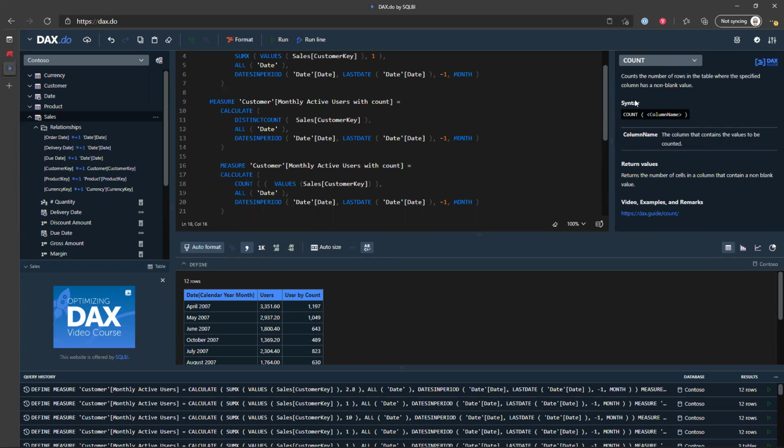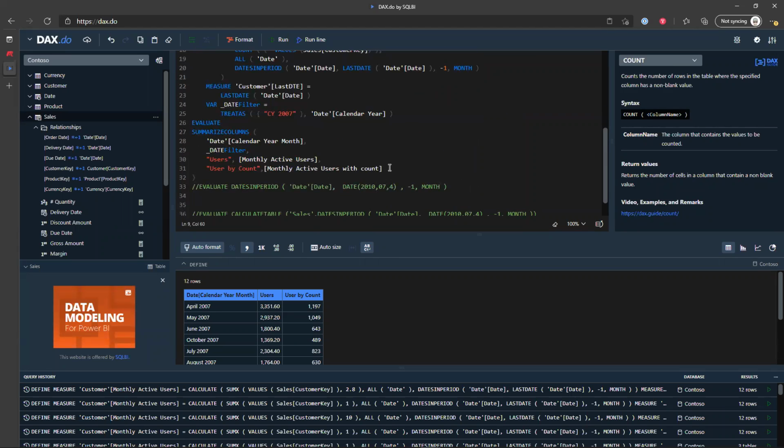So it sounds to me like count rows will count blanks and count will not count the blank. Okay. So probably either one would work in the way we're doing this. This one should have been named distinct count. This one is with count. So now if we